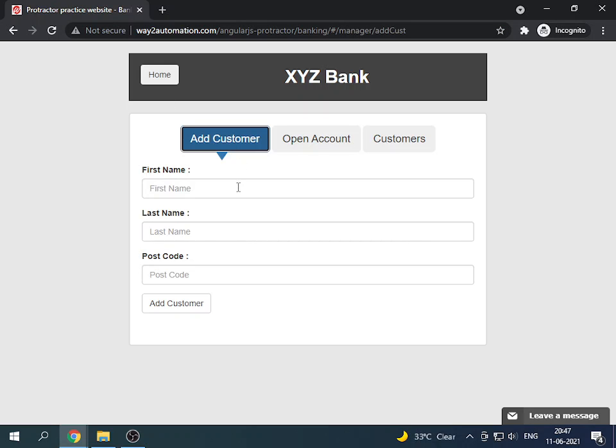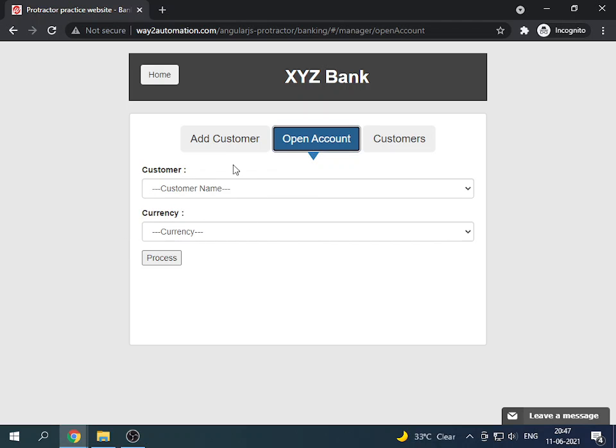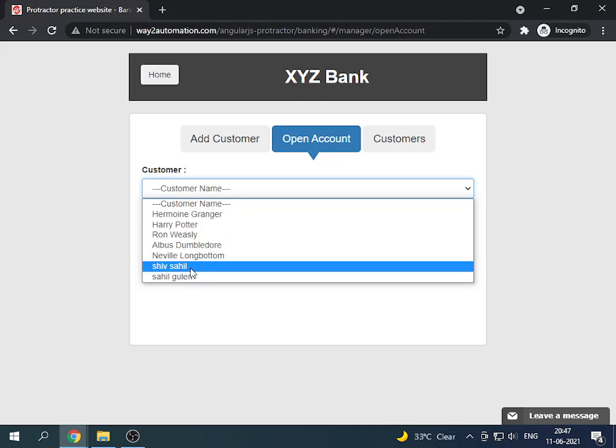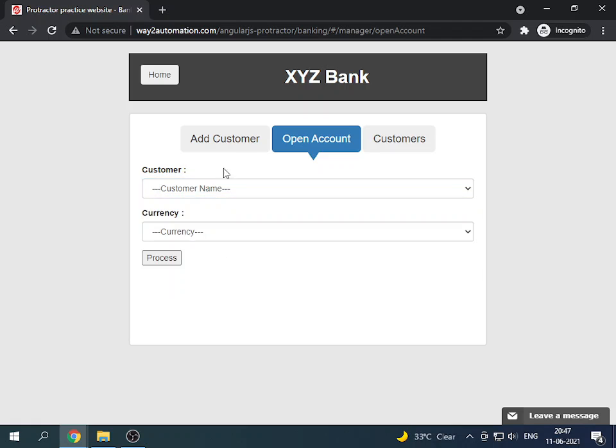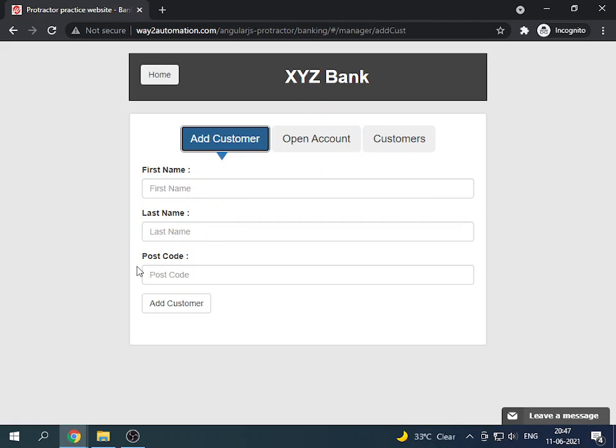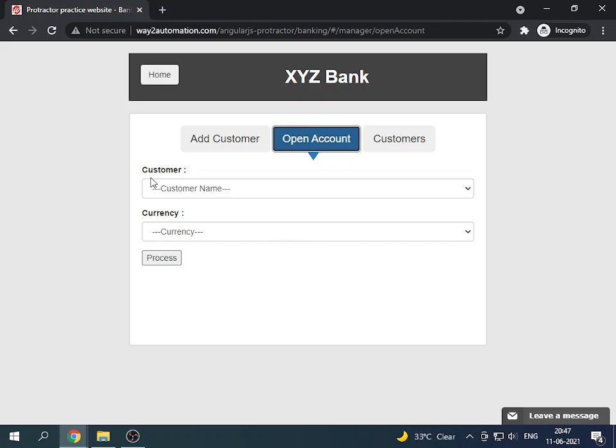As you might have remembered that we had inputted some of the data over here, and only after we have added the customer, those get available over here. So there is a dependency over here. It means that if this test case fails somehow, then the test case that I have written for it should not run. It should skip.